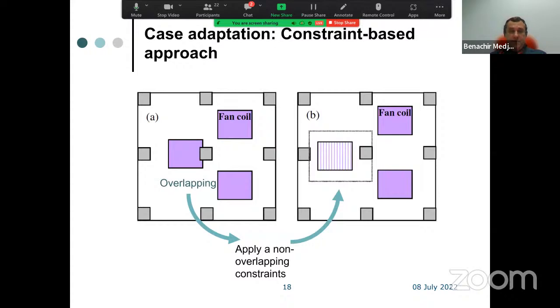So in the first stage, we put all our different equipment in the 3D space based on the way they should be there. Then we check if there is any inconsistency or clash detection, if you want. And we solve each problem separately using non-overlapping constraints we have developed using constraint-based design to give it the right location, ensuring that there is no clash and no problem, and ensuring that there is a minimum space around that equipment for maintenance, etc.